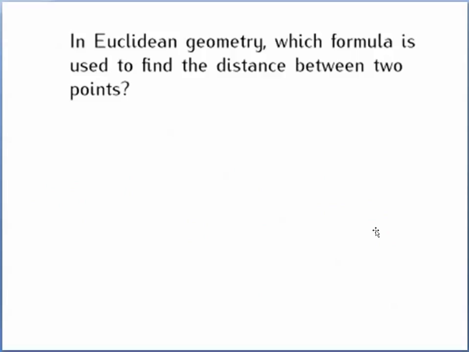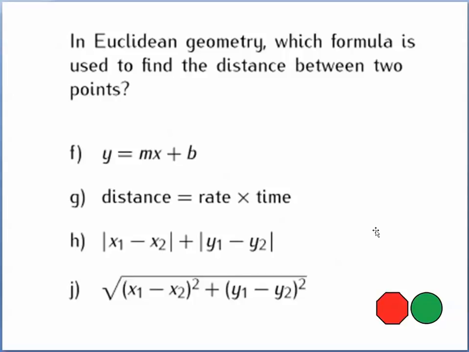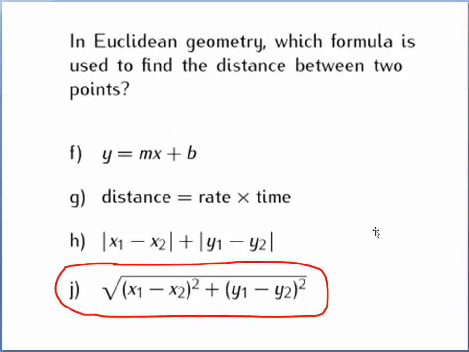In Euclidean geometry, which formula is used to find the distance between 2 points? Well, it's actually an equation. So which one of these would you use to find the distance between 2 points? Click on the stop sign. It turns out that this is the distance formula, and you use it for finding the distance on the Cartesian